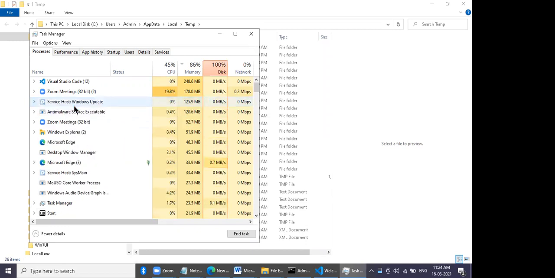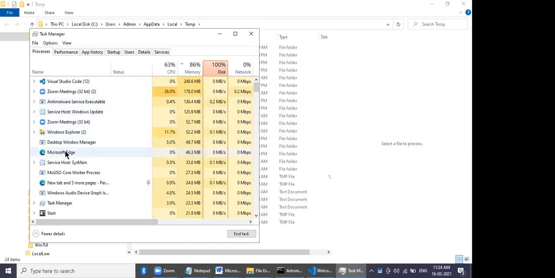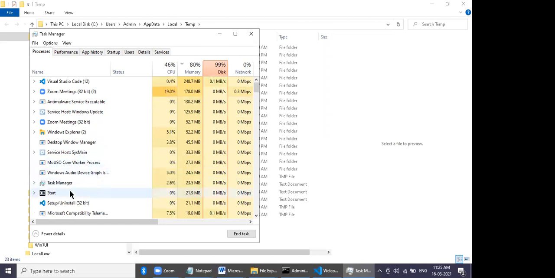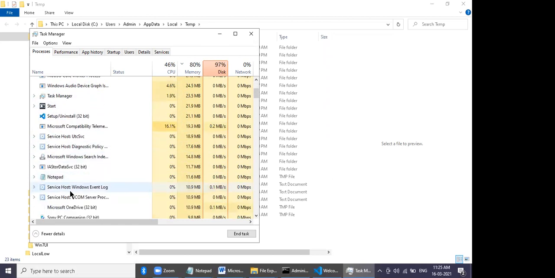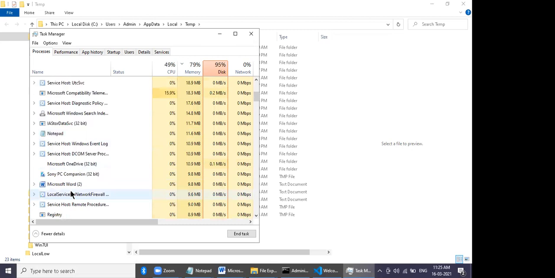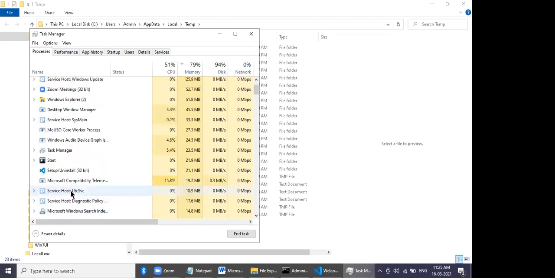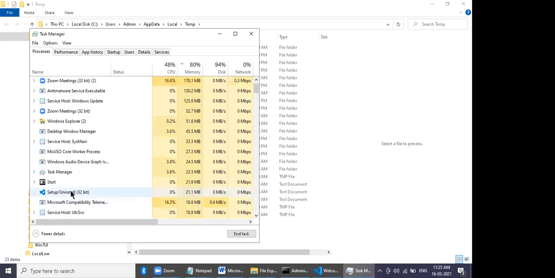So many Microsoft Edge windows. Basically your Edge is eating a lot. I think it's okay now. So go back now.